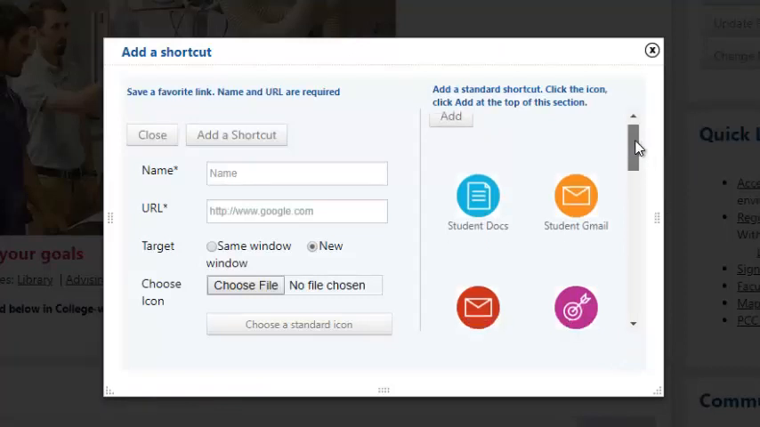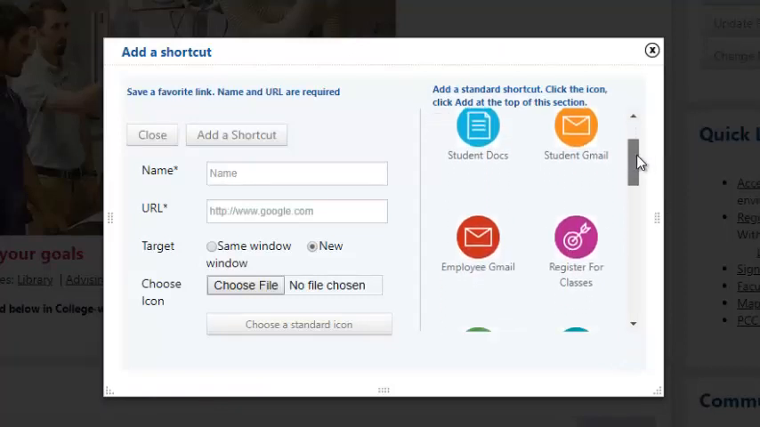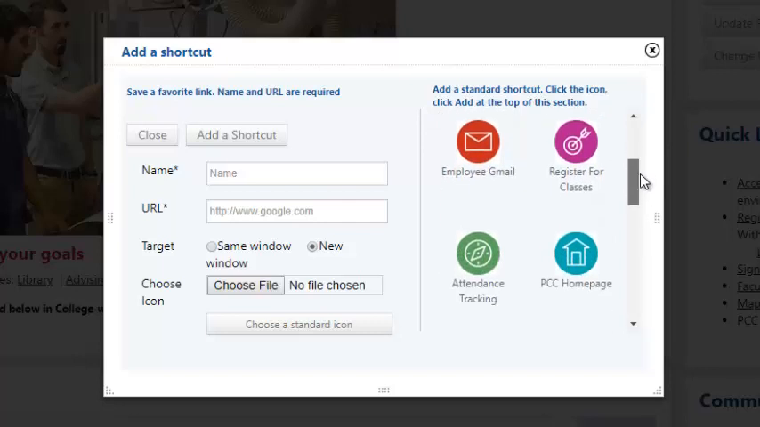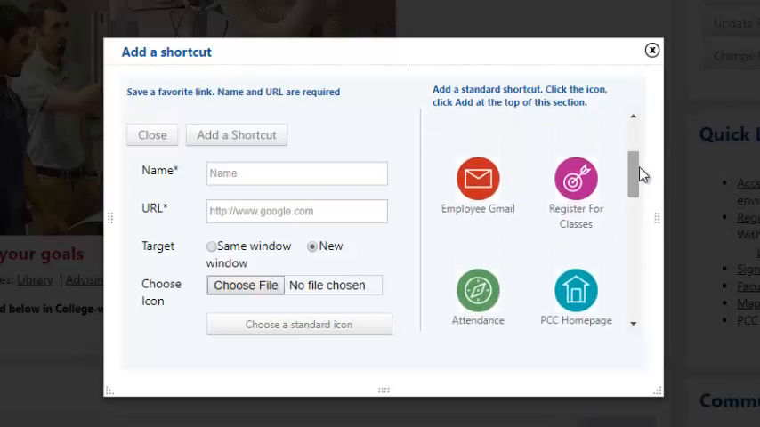and then over here on the right hand side, if there is something that you have not yet added but you want to, you would just find it, click it to make sure that the green check mark appears, and then you would click this gray box to add the shortcut. Now let's say that there is a website that you want to add that is not